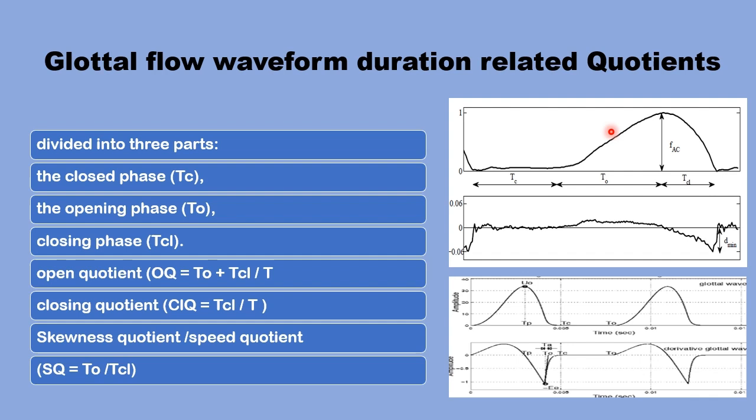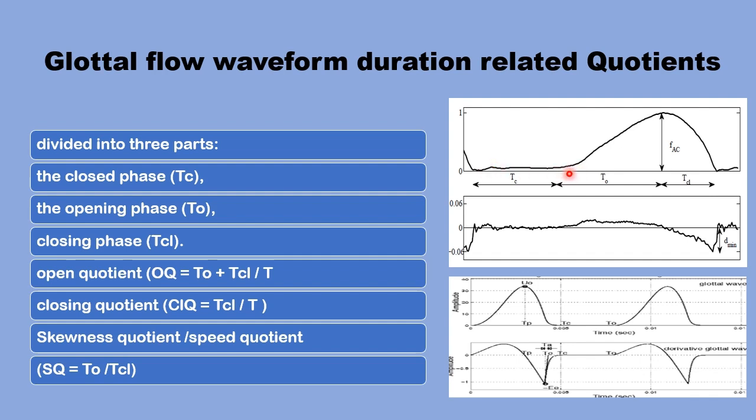Several parameters can be extracted from the glottal flow waveform, and these parameters can have some clinical implications. Some of these parameters are related to the duration of the phases of the glottal flow waveform. Others are related to the amplitude of parts of the waveform or its time derivative. Starting with the duration related parameters, we've seen that a typical glottal flow waveform is divided into three phases: the